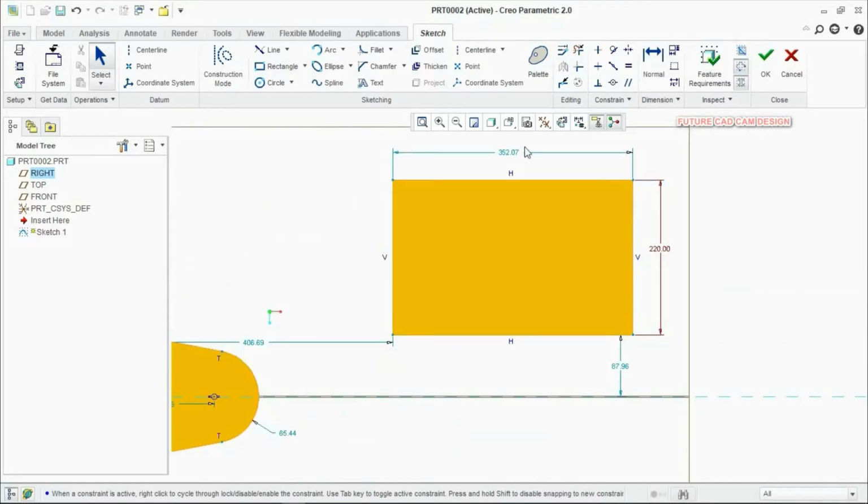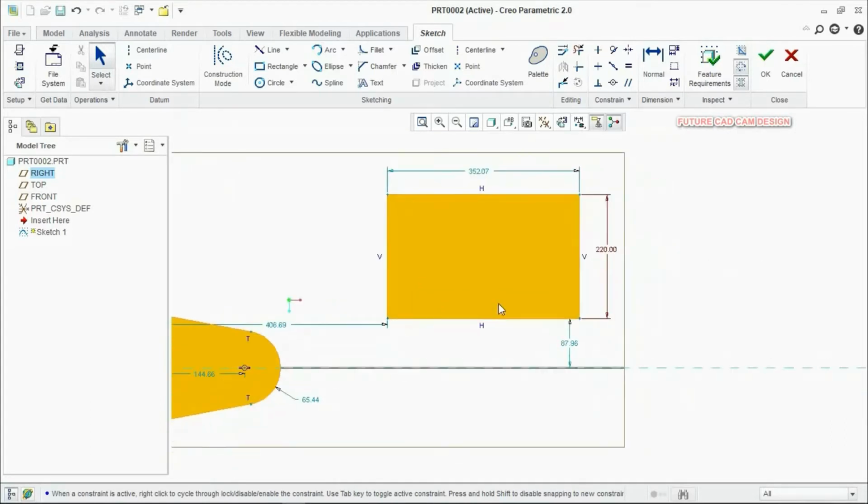You can see the difference between the weak dimension and the strong dimension. Once you make the strong dimension, the color of the dimension will be different. You can see this dimension, I still didn't edit it, so it is a weak dimension. Whatever dimension I convert into a strong dimension, the color of the dimension will be changed here. Same thing in rectangle. Next is slanted rectangle.